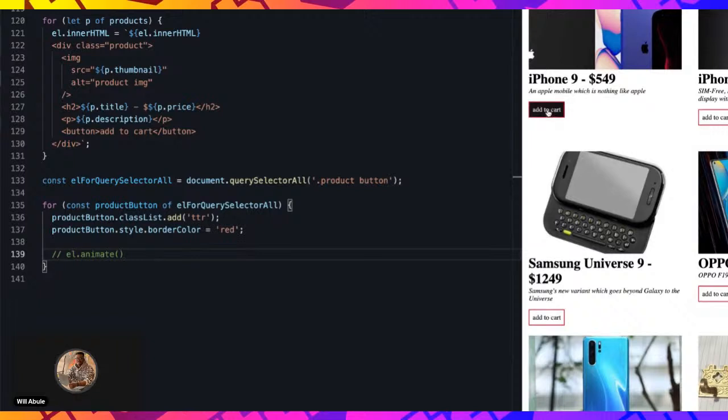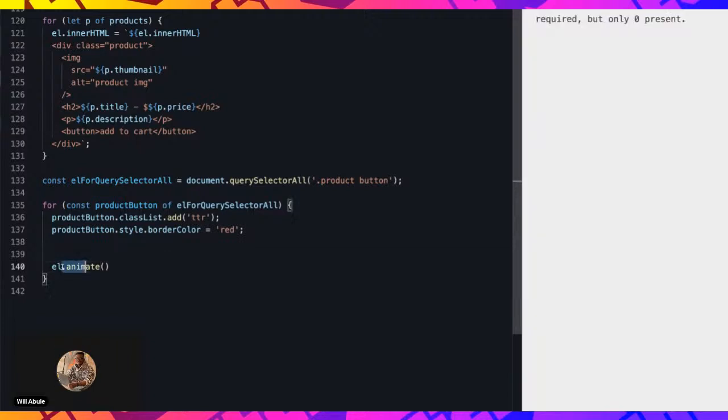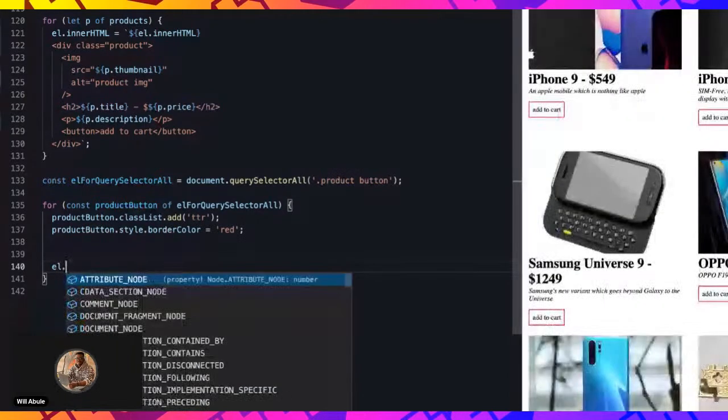So now if you click on this button, nothing happens, right? So what if we want to listen for when somebody clicks on this button? We can do that, and it's pretty easy. So in this product stuff, if I go back again to this code we have here, if I said el dot